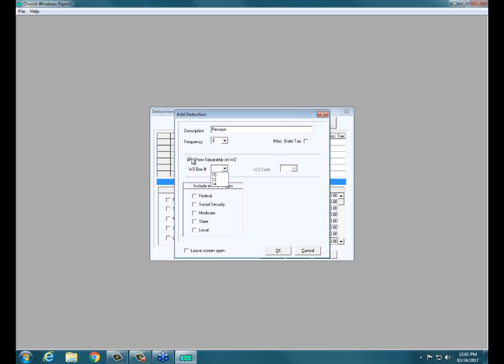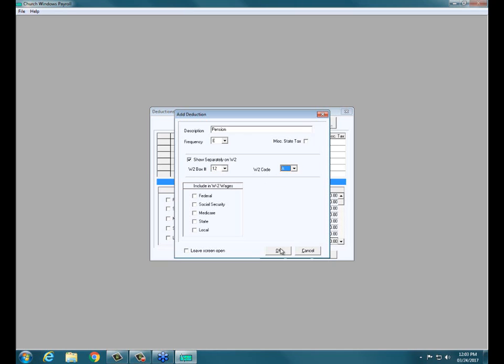but it might. Again, I'm not a qualified tax professional, so I can't answer this. None of our technicians are. It's an important distinction. So just to let you know, we'll need to find some of this information out. But if it did, I'd say, okay, box 12, and then choose the appropriate box code number or letter,